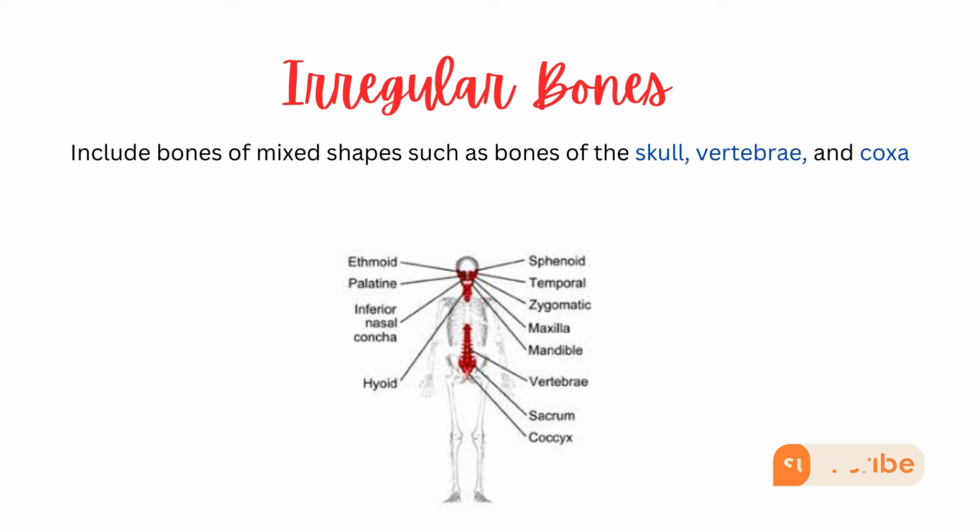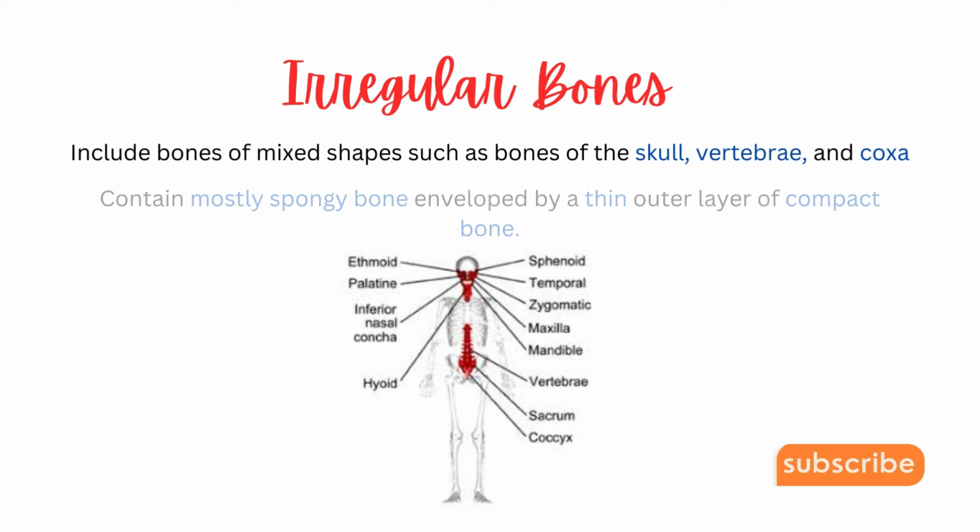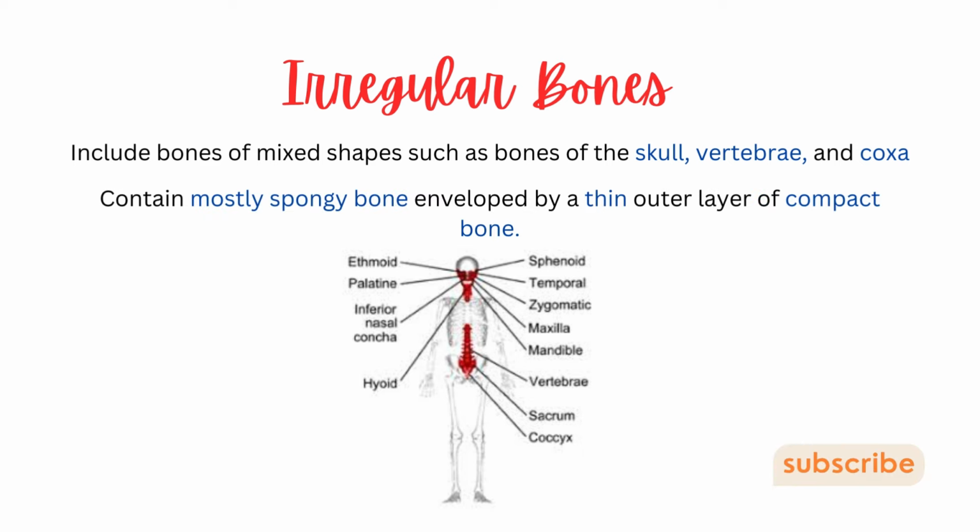And if we talk about more details of the irregular bone, it has mostly spongy bone that is enveloped by a thin outer layer of compact bone, while in the long bone there was a thick outer layer of compact bone and a low amount of spongy bone. So here we have the most spongy part of the bone and a thin layer of compact bone around it. Okay, so that was a lot, but we are good to go to the last part of the video,